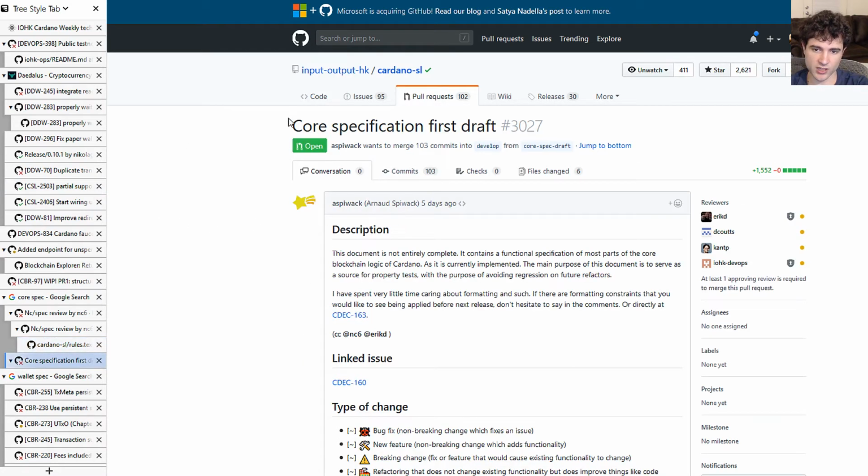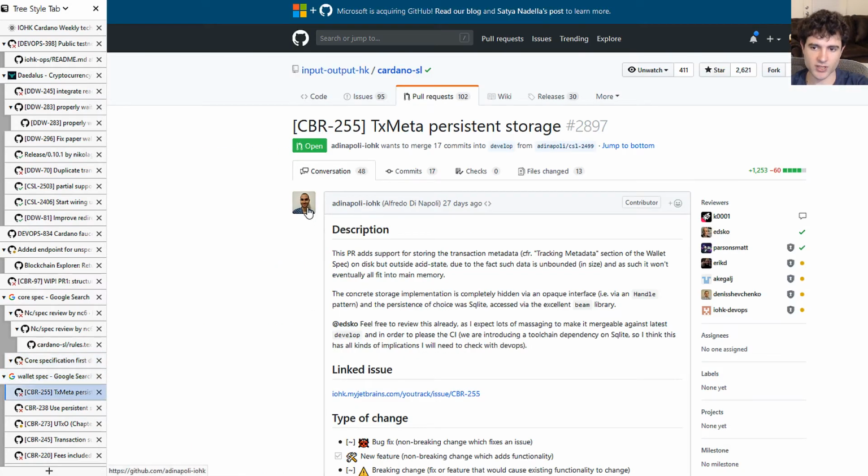But they have their first draft, and they've been doing review, and so that's one of the things they're working on now, which is different from the wallet spec that you might have seen earlier. For the wallet spec, they're still working on the implementation. They're trying to do transaction meta persistence. So you saw this in the past few weeks. This is something that's still open. I guess it's been open for 27 days. Something they're slowly tackling,